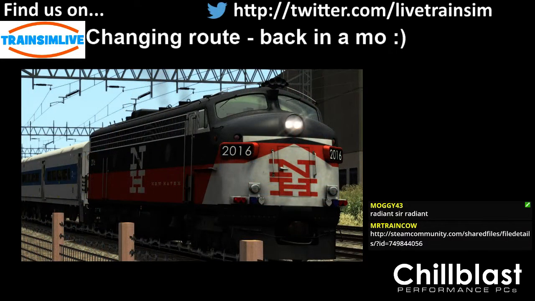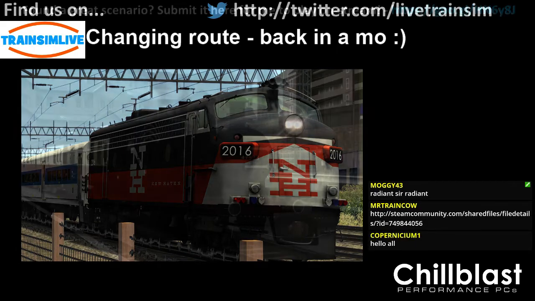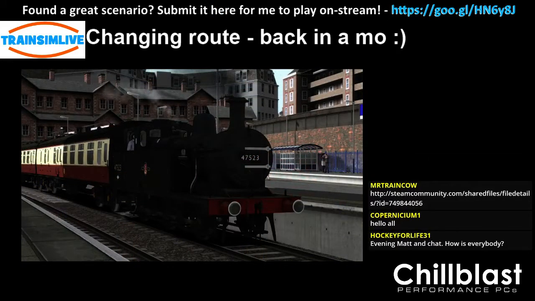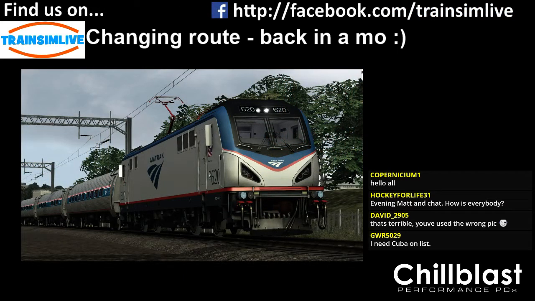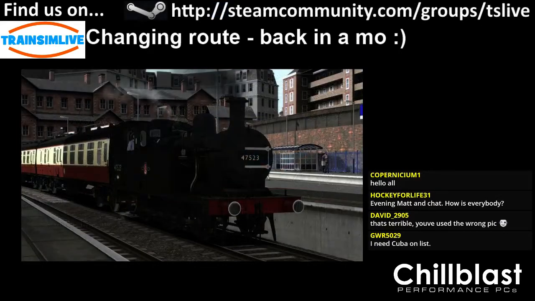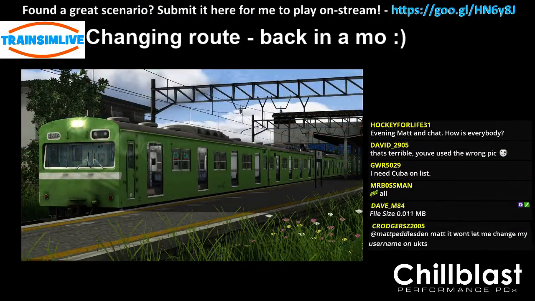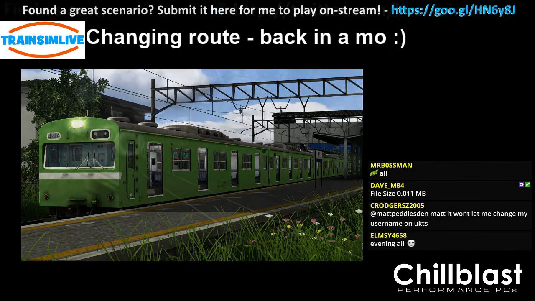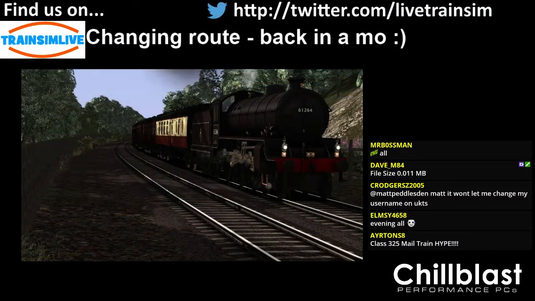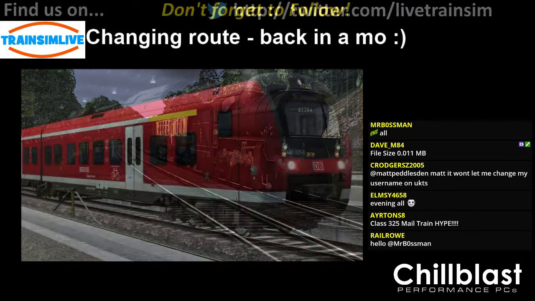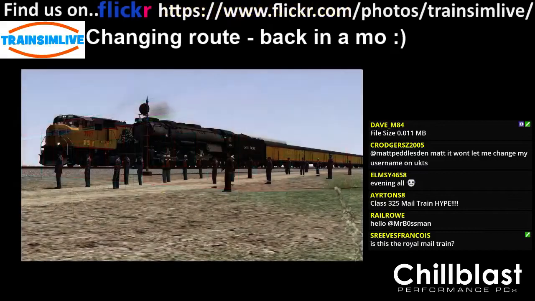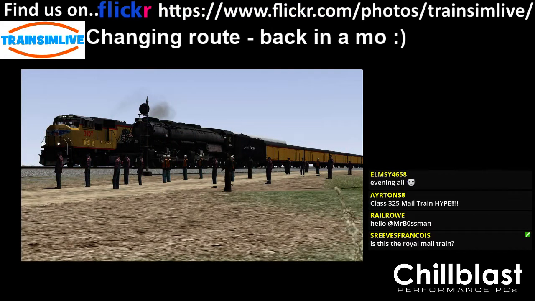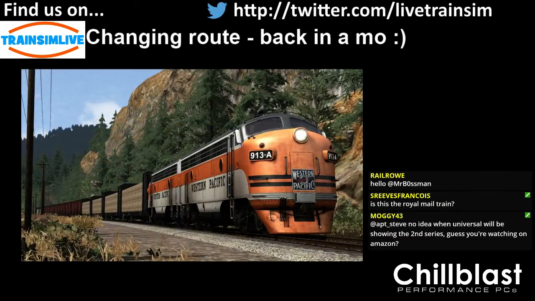So now we are going to drive the mail train. That's terrible, you've used the wrong pick. No, well, you actually used the wrong loco. It should have been a HST, let's be honest. It needs to become a thing where I put the HST in strange places on all of my demo scenarios. C. Rogers, send me a Twitch message and remind me, and I will take a look if necessary. I'll go and hack up the UKTS database to change it over. Is it the Royal Mail train? Yes, it is. It's the Class 325 London Brighton, so I presume we're going to be going past